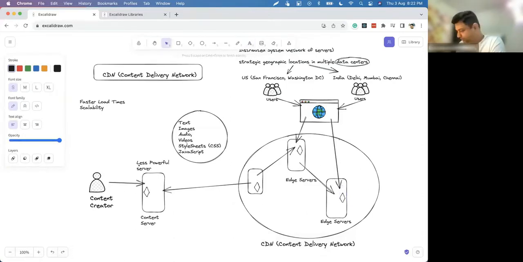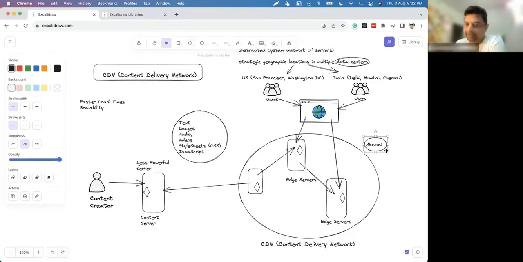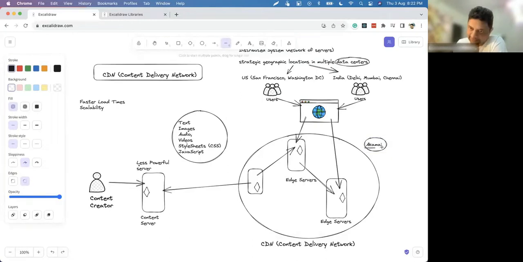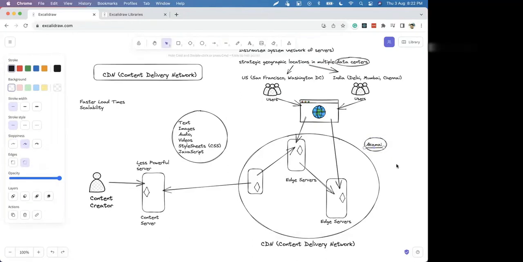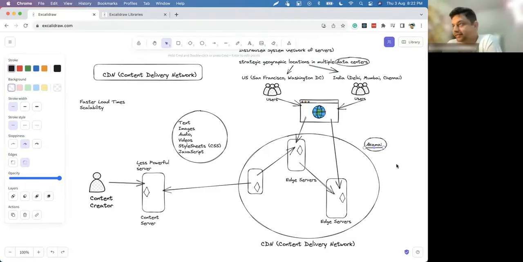The most popular company providing CDNs is Akamai. Have you heard of this company's name? This is a very popular company. They are the number one leaders in CDN. This is what they do. They have powerful servers, content is served from these powerful servers, and they are already load balanced. So you can have many users, millions.